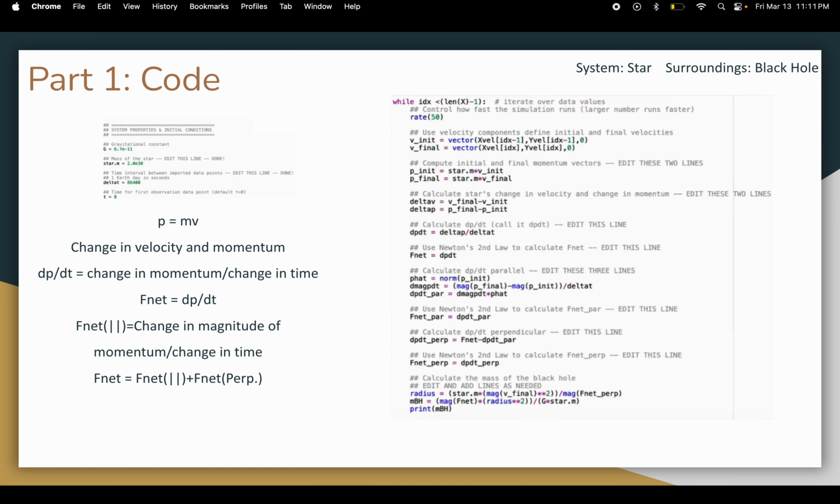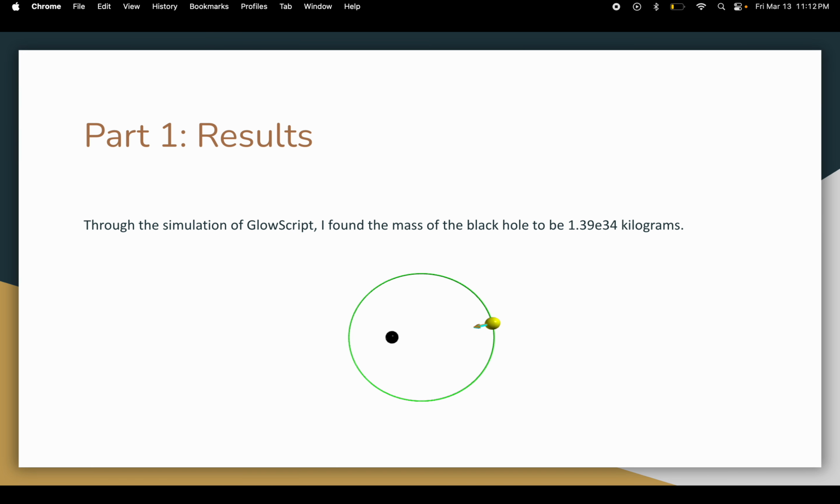And then this is my code for part 1. The system was the star, and then the surroundings were the black hole. So I had initial conditions, as you can see in the top left, and then I had to edit the calculation loop and had to insert my email in order to get a specific mass for my lab. And then here we used the momentum principle in order to find the mass, and we were able to calculate Fnet through calculating Fnet parallel and Fnet perpendicular individually. So the mass of the black hole in my simulation was found to be about 1.39 times 10 to